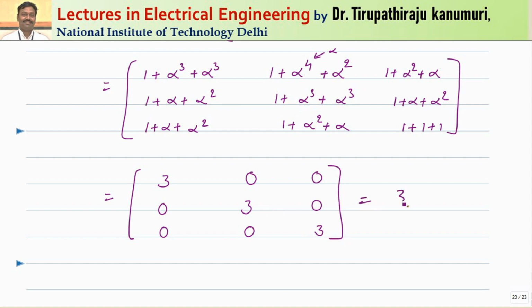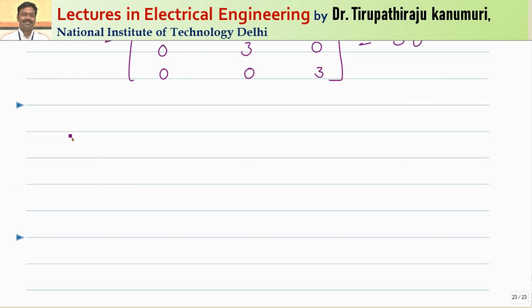So this I can write in this form: 3 multiplied by the unit vector u, or simply I am just writing 3 multiplied by a unit vector. This is what we got. So now I am substituting in the value of the complex power. The complex power will be equal to 3 times Vs transpose multiplied by the unit vector multiplied by Is conjugate. If you multiply the unit vector with Is, it will become Is only. So this I can write as 3 times Vs transpose into Is conjugate.